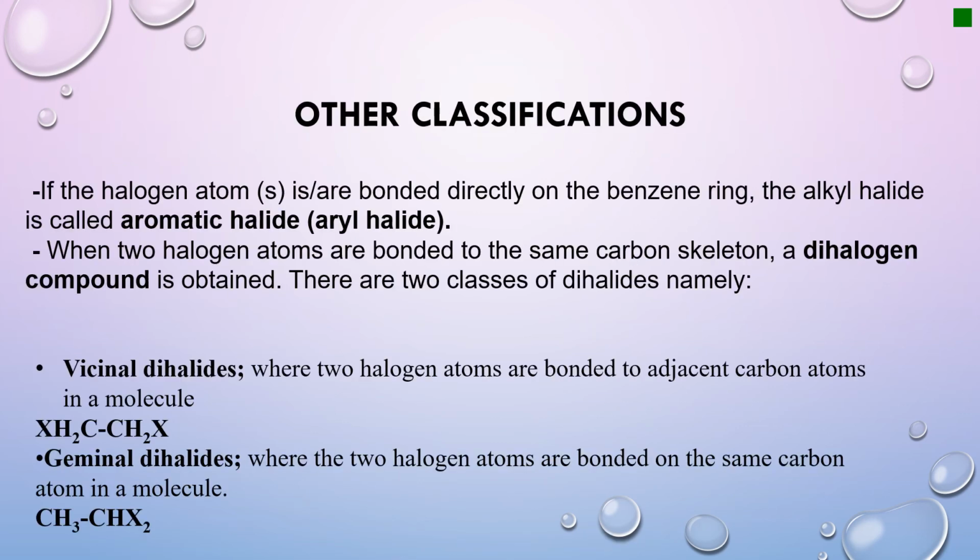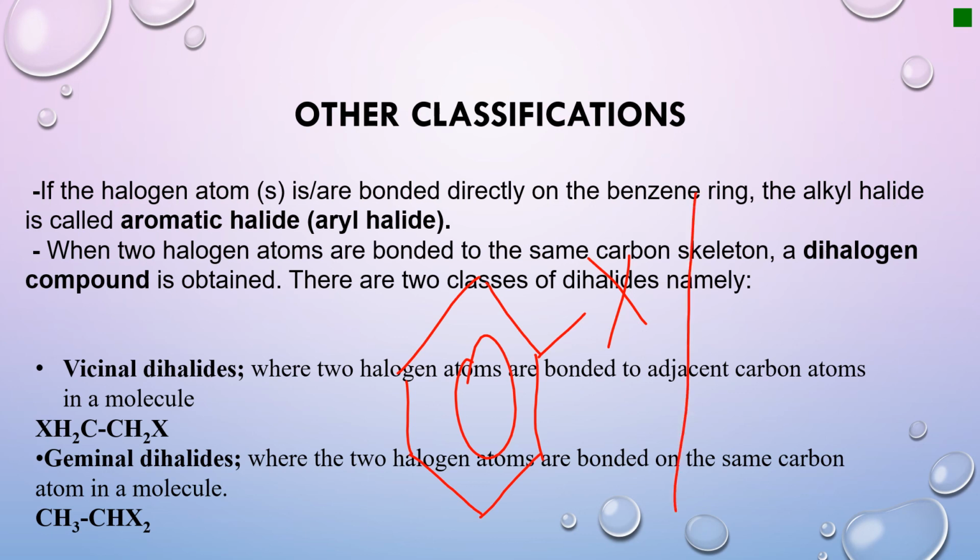Other classification of alkyl halides. If the halogen atom or atoms are bound directly on the benzene ring, the alkyl halide is called aromatic halide. This can be explained when we draw a benzene ring like this. If the halogen is attached directly to one of the carbons of the ring, this one will be called an aromatic halide. But on the other hand, if we have a benzene ring like this,